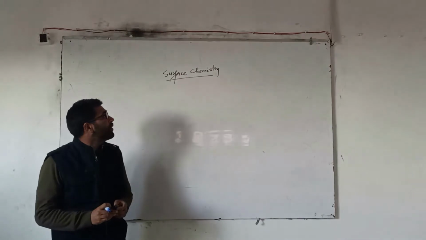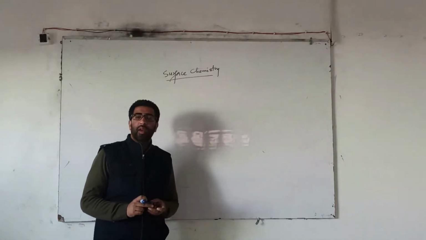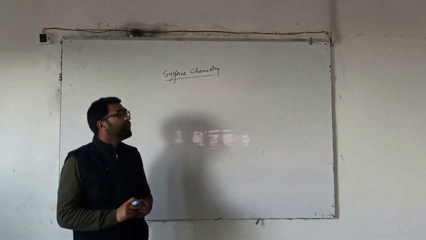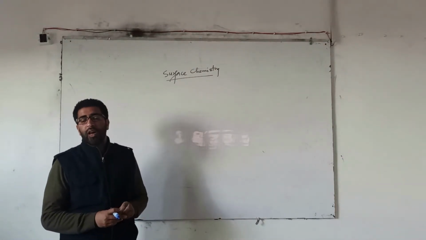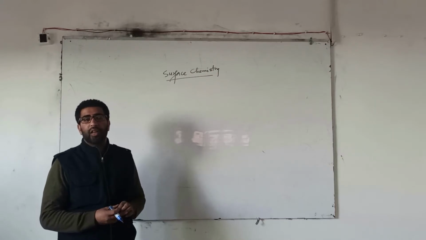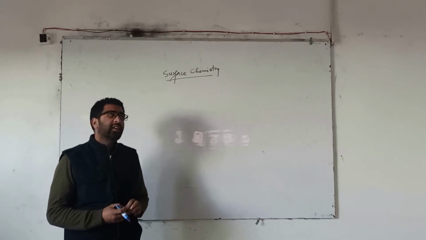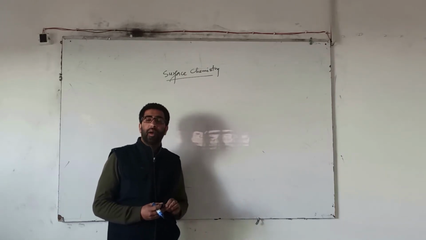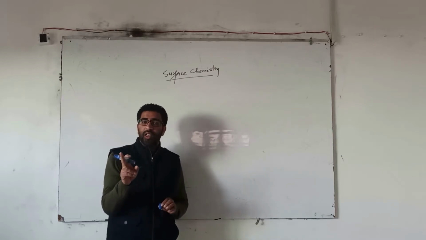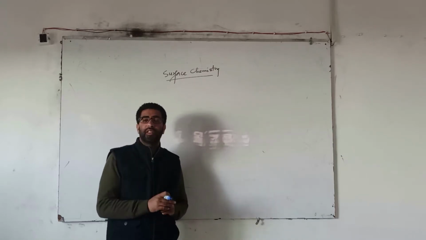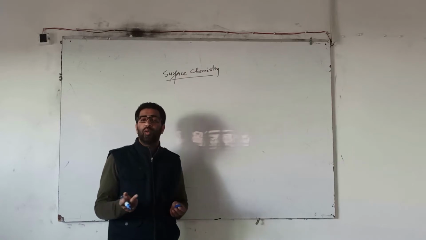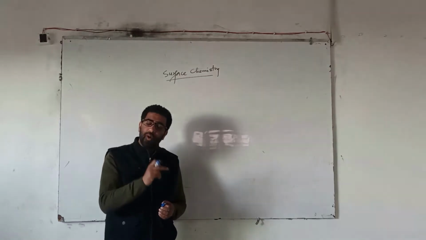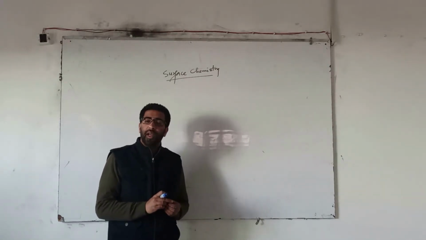Welcome students. As you have read in previous class, we have discussed what is meant by adsorption, and we have discussed various terms. One was called adsorbate, second was called adsorbent, and the next term was desorption. You have read what is adsorbent. As you know, it is the surface on which adsorption takes place. For example, it is a solid. And the material and the substance which gets adsorbed is called adsorbate, right?